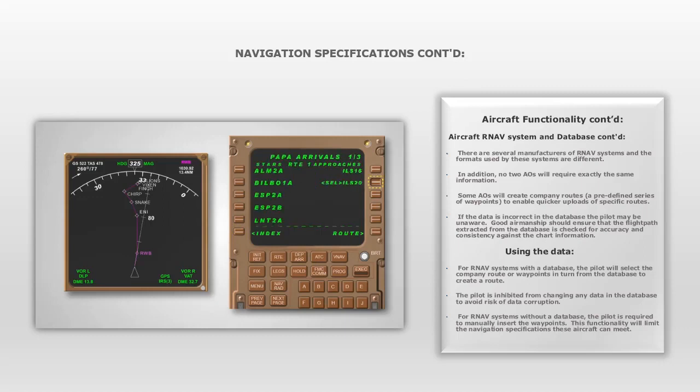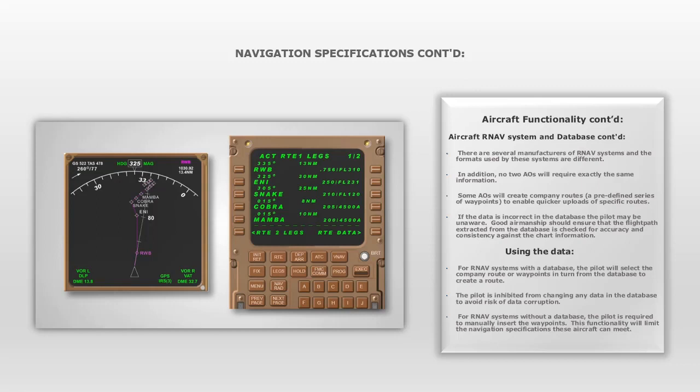selects Arrivals, which will bring up a list of stars that is held in the navigation database. The pilot then pages down until the Snake 1 Bravo is displayed on the screen and selects this star. To load the star and activate the flight plan, the pilot selects the Execute key. Now, by using the leg key, the pilot can call up and confirm the waypoints for the Snake 1 Bravo